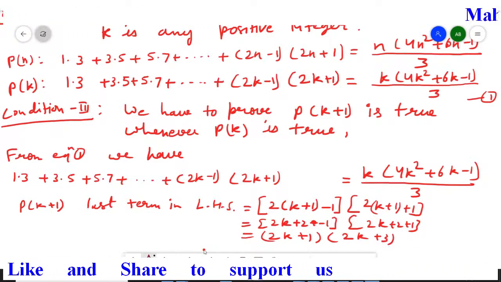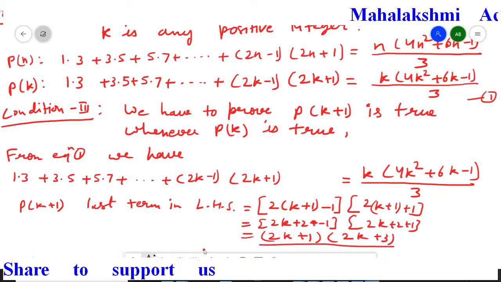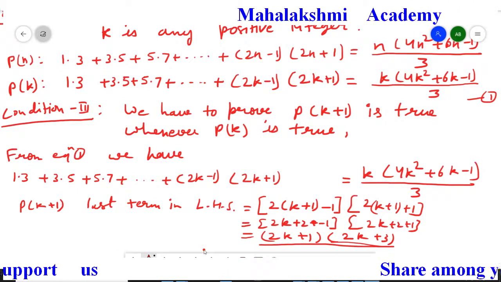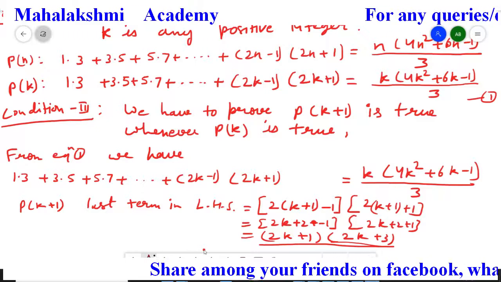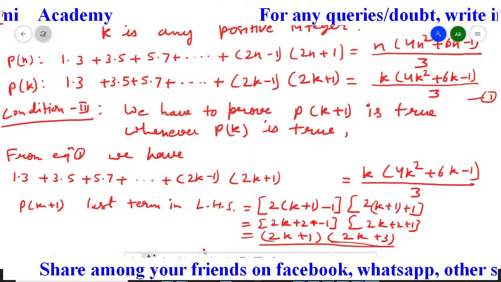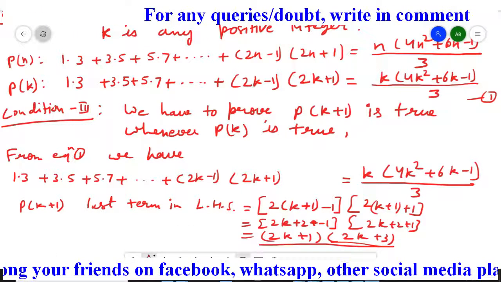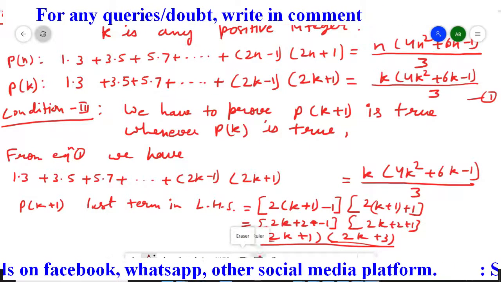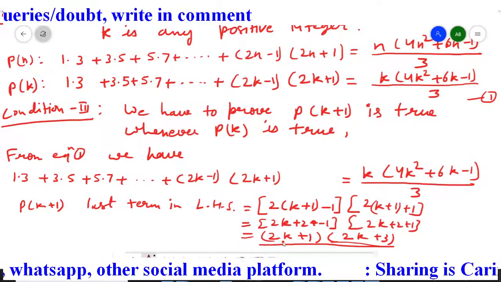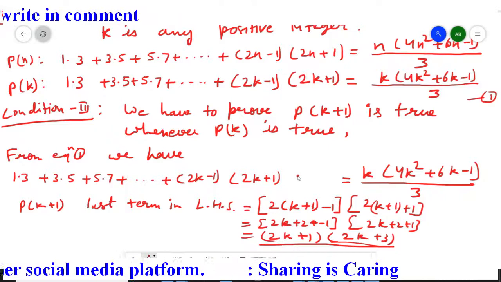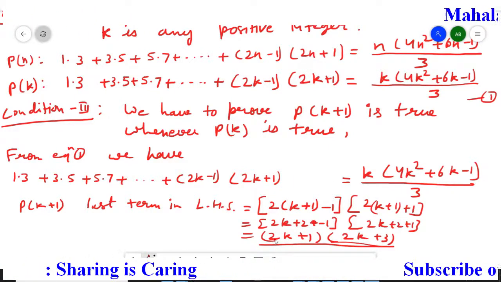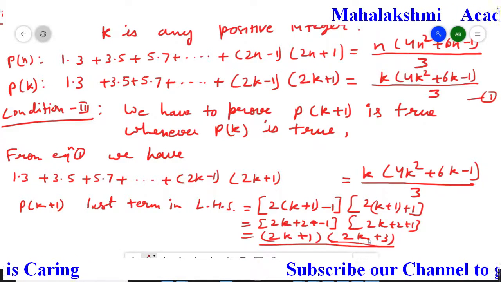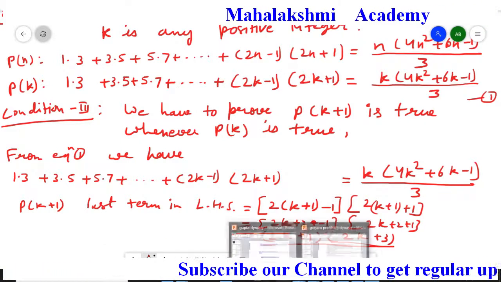So I hope it's clear to you what we have to add in both sides, that is (2k plus 1)(2k plus 3). I am going to erase this now, because I only wrote it to explain. So what's our answer? We have to keep in mind that we have to add (2k plus 1)(2k plus 3) in the left side and in the right side also. I hope it's clear to you.